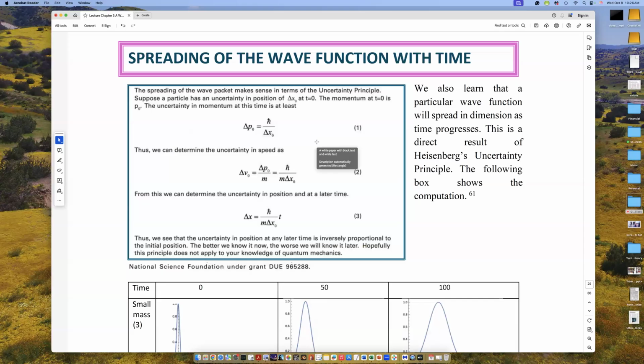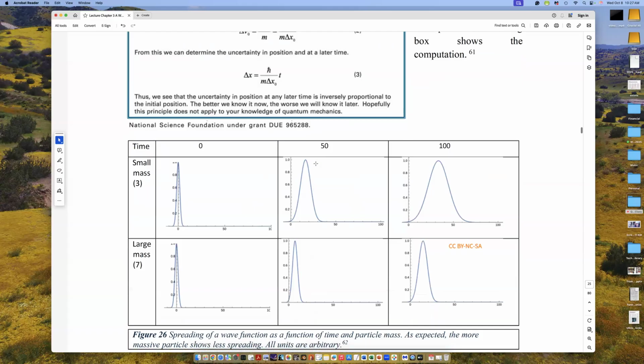So we're about to get into another area, how the wave function changes in time. Well, I'm just thinking about taking a break here in the next few minutes, but let's go through this. I mentioned that wave functions are not static. If you create a quantum system and you leave it alone, the wave function will change. And here's some examples that I conjured up.